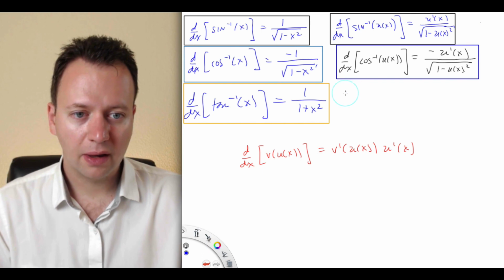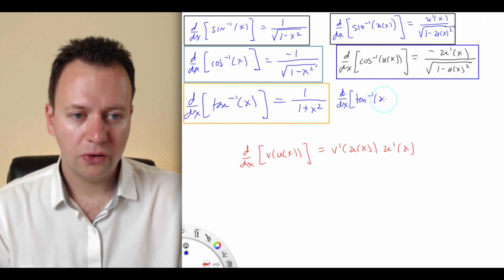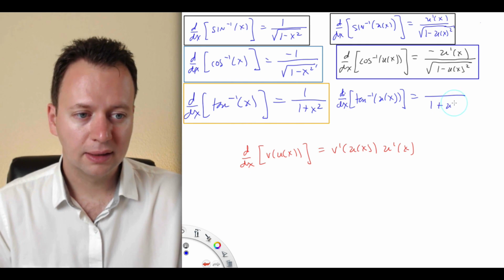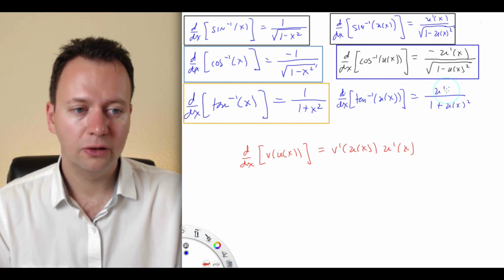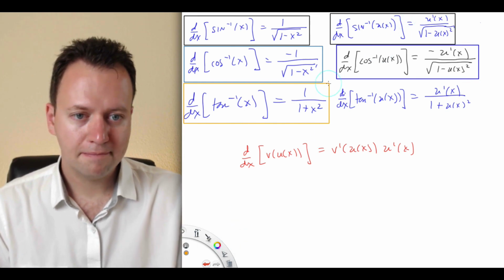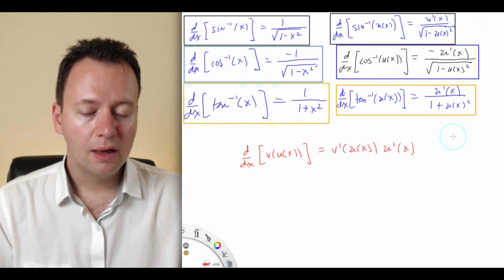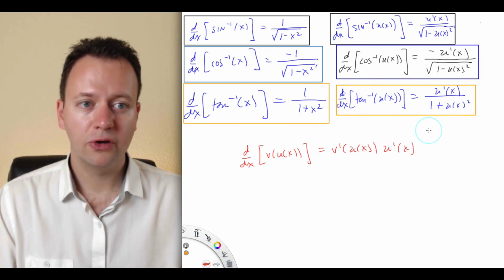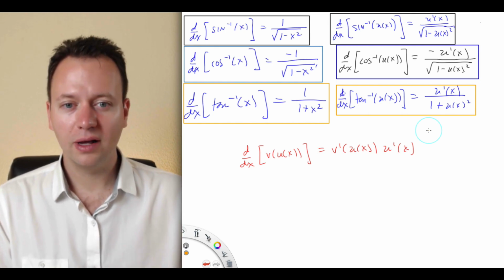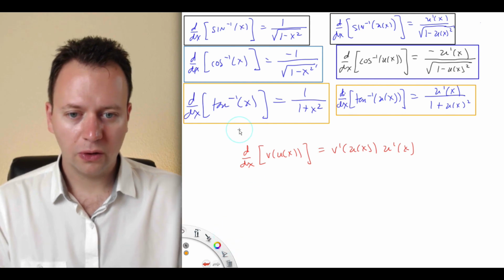And then finally, the derivative d by dx of arctangent of u of x is going to equal, well, the derivative of arctangent is just 1 over 1 plus something squared, and then we multiply by the derivative of the inside. So exactly like that. So those are the three rules for computing derivatives of inverse trig functions that appear as a composition. So to do a quick example,